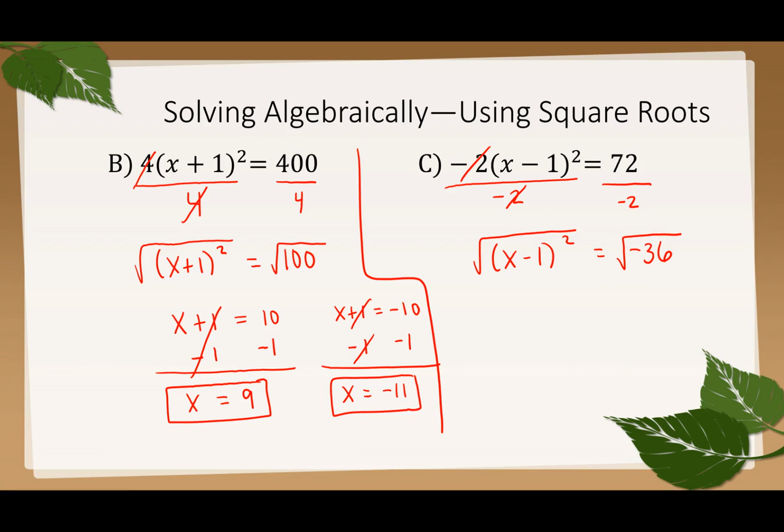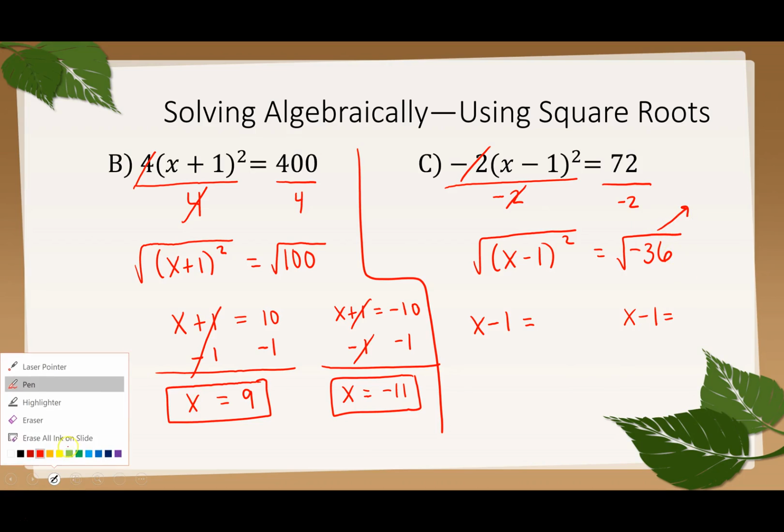And yeah, that is a little bit of a problem because we're not going to get a real solution, but we are going to get something with an i in it. So my first answer is going to be x - 1 is equal to something, and then x - 1 is equal to something. Well, what is the square root of 36? Let's do this like we did on the other slide. So this is going to be the square root of negative 1 and the square root of 36. Well, the square root of negative 1 is i, the square root of 36 is 6, so this would be